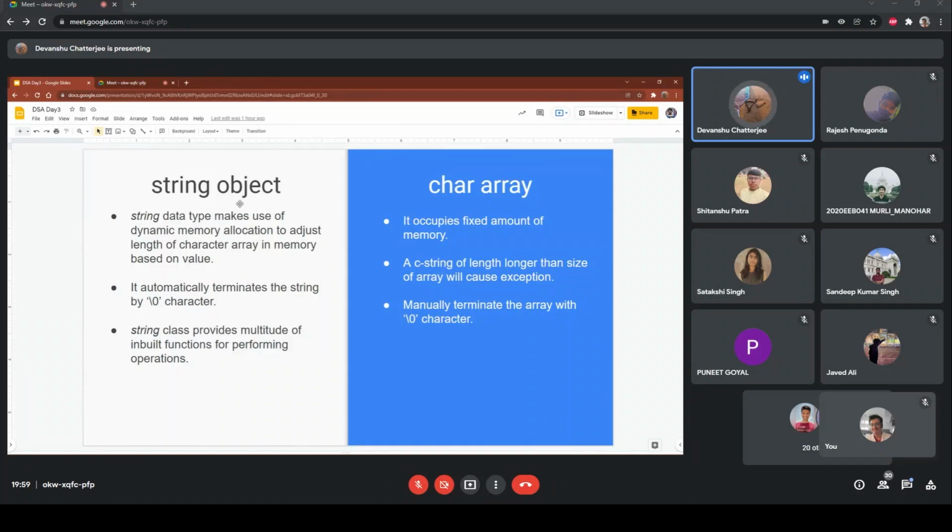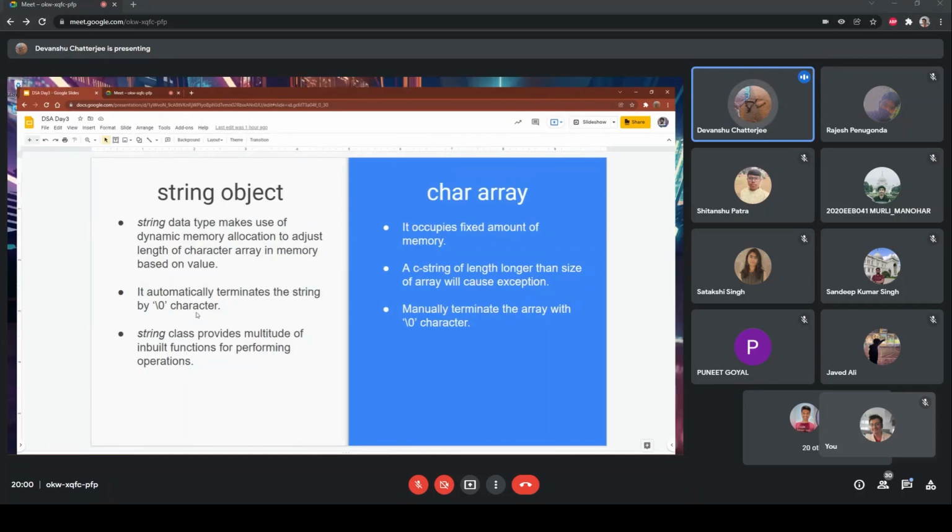However, if you are using a string object, you can change the size of the word, you can add more words, and it will automatically adjust the amount of memory it is taking. And the string object will automatically terminate with the null character. So, if we see here,